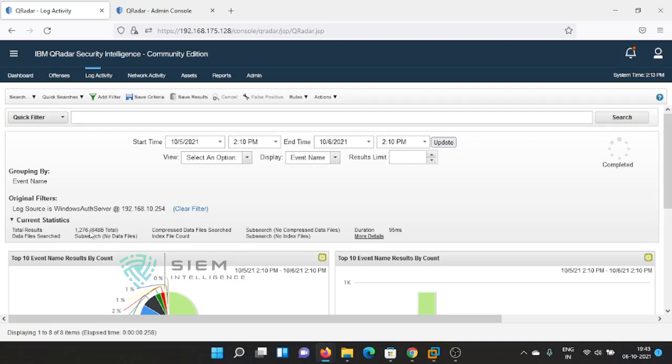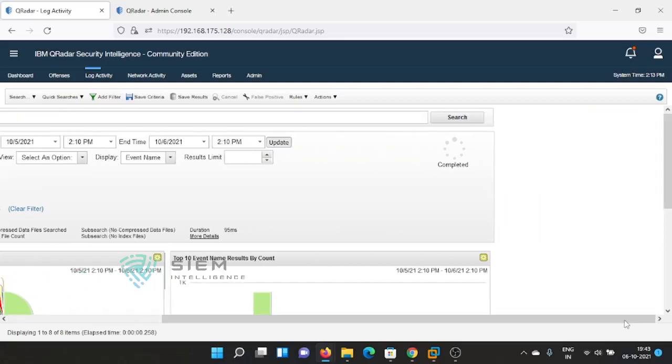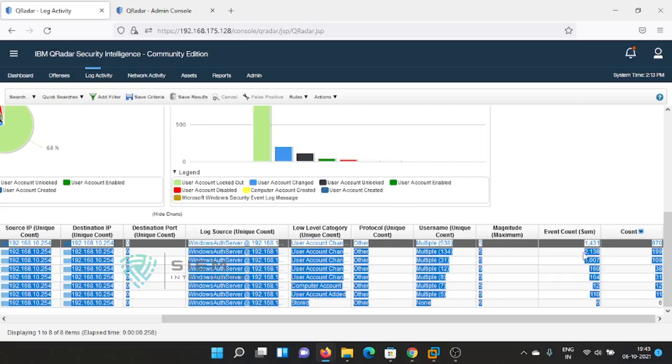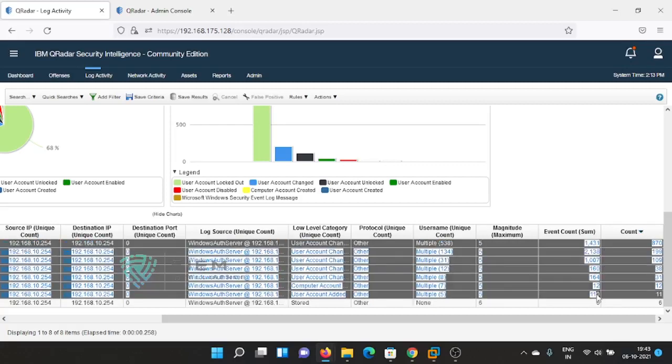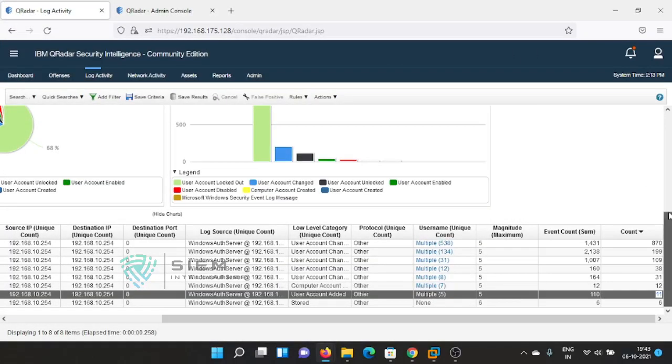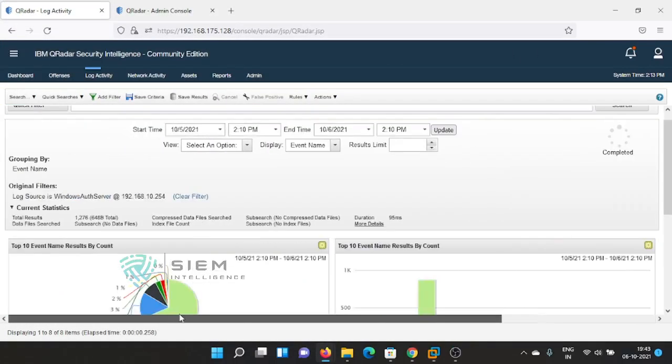There are 1276 counts. Let's see whether it is clear. 800, 900, 1000 is close to 1276, so the count is almost matching. But here the event count differs. Why does this event count differ? We have seen there is only a count of 1276.